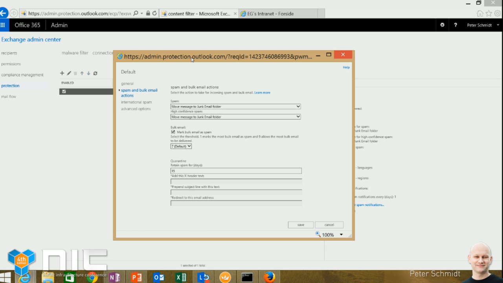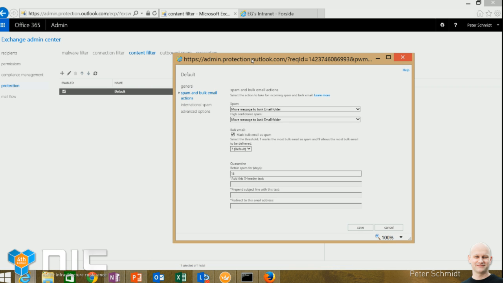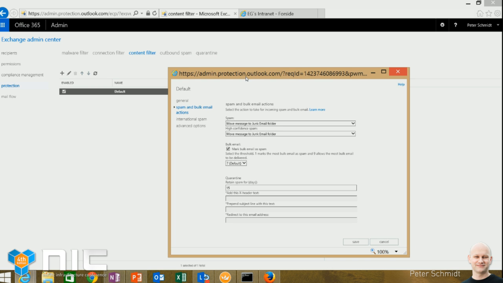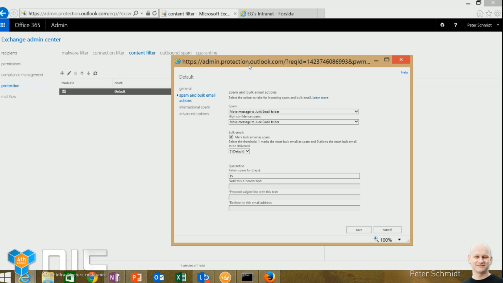So if we look at what spam settings we have in the system, I opened up the default content filter we have, and the first step in here is what are the settings for the spam and the bulk mails that are actually received by EOP. The default setting is that you move the mails to the junk mail folder of the users.